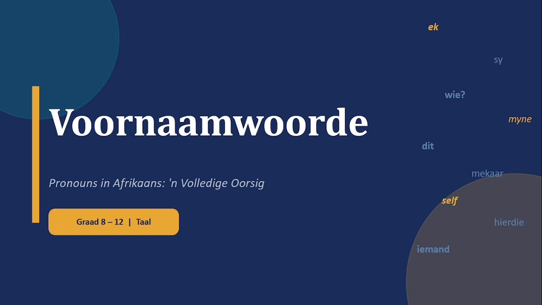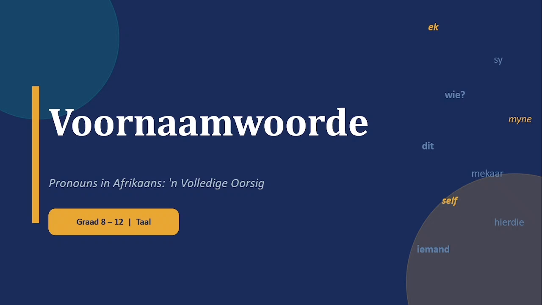Initially, they'll ask you one of the easy 3, which I'll show you. And as you go along to grade 10 all the way to grade 12, they're going to start asking you specific pronouns. So that's why these days when you're looking at a matric paper, they'll ask you like, wat is die betreklike voornaamwoord in hierdie sin? Which means that you must know what betreklike voornaamwoord is.